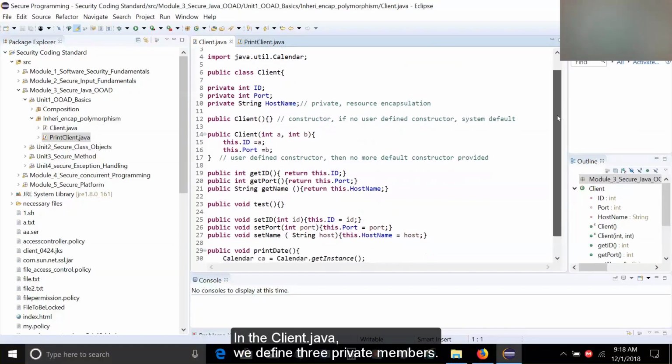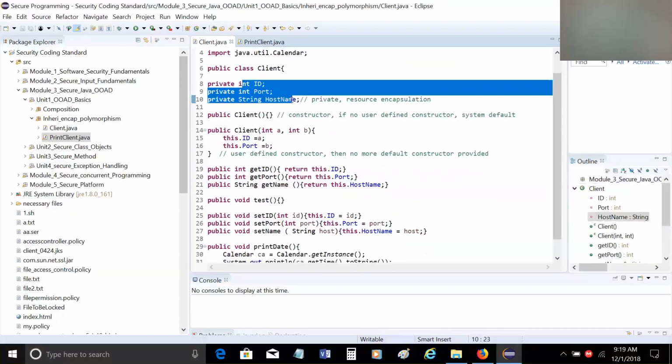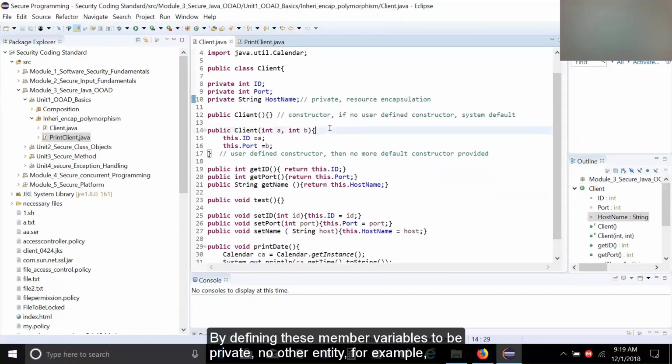In the client.java, we define three private variable members. The private access modifier here is one way to define the resource encapsulation principles. By defining these member variables to be private, no other entity, for example, object, can access these members directly. Any other entity or object has to access these private members through predefined procedures or public access methods, such as the getID method